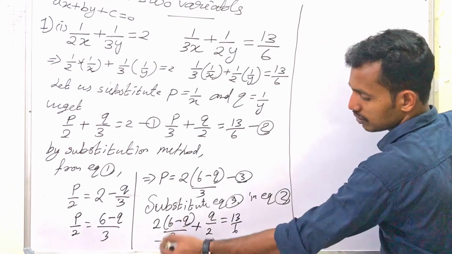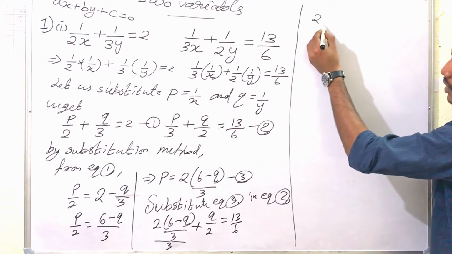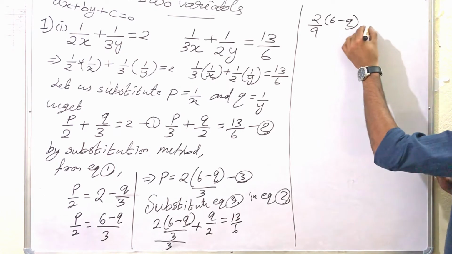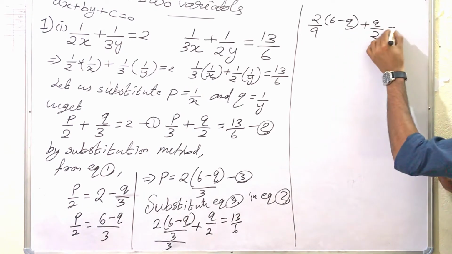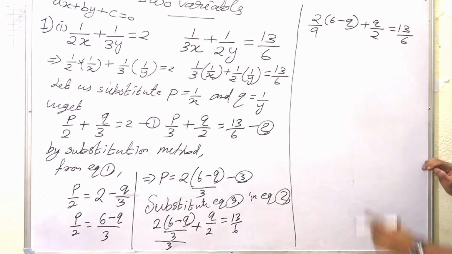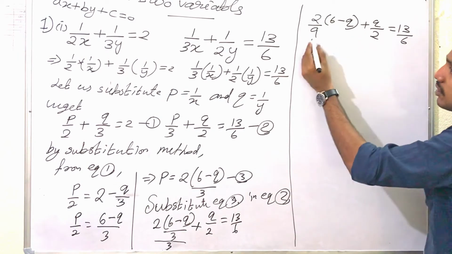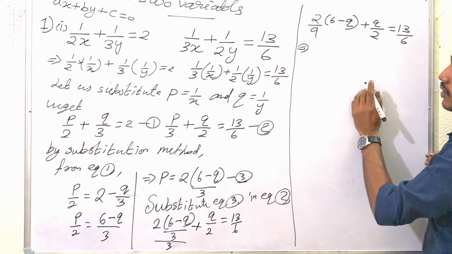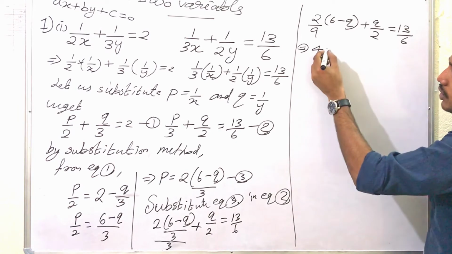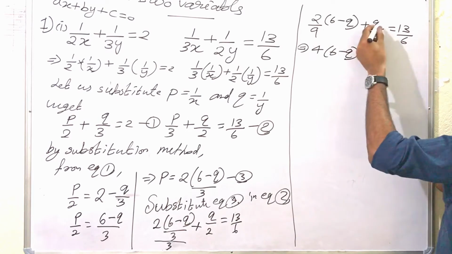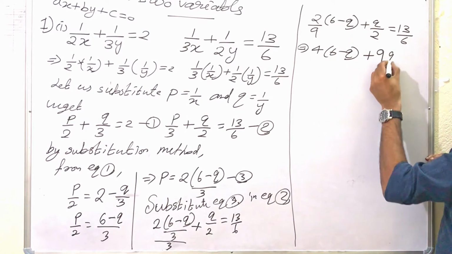Then this 3 will be here, so 2 by 9 into 6 minus Q plus Q by 2 is equal to 13 by 6. Now find the LCM, add it or cross multiply it. We will get 4 into 6 minus Q plus 9Q